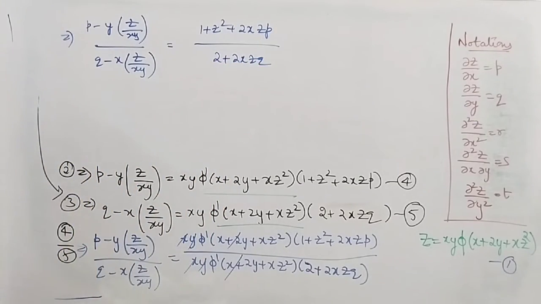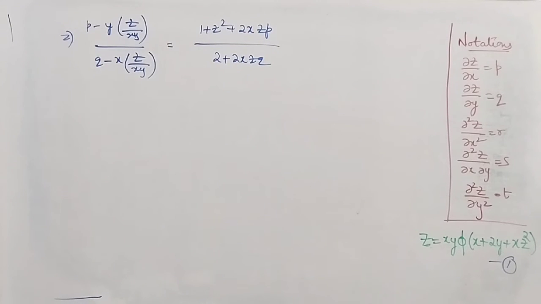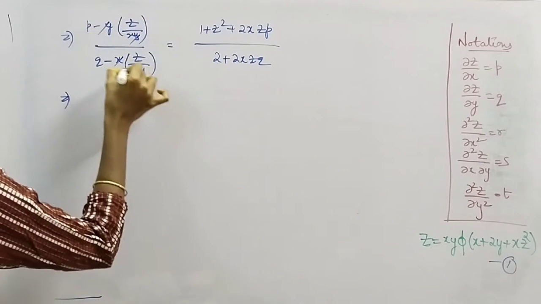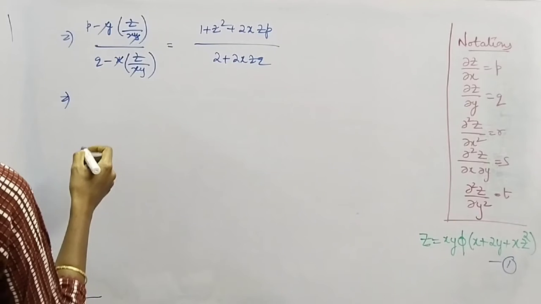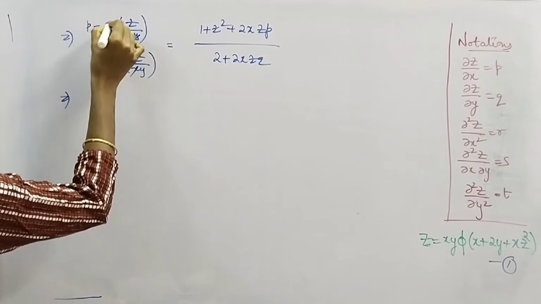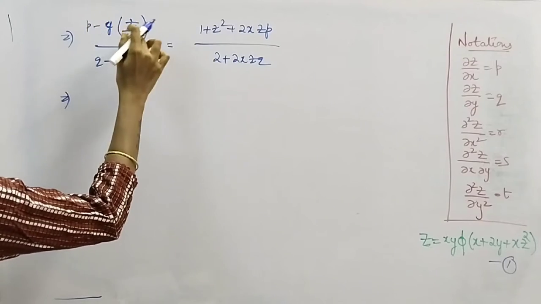Okay, fine. Here y and x gets cancelled. Okay, instead of cancelling this,